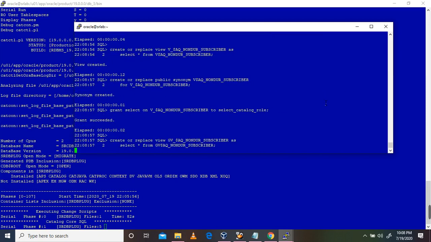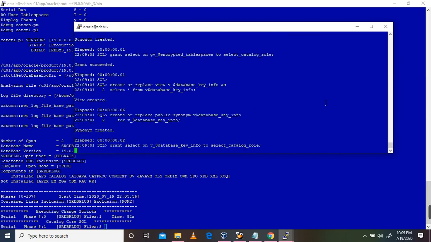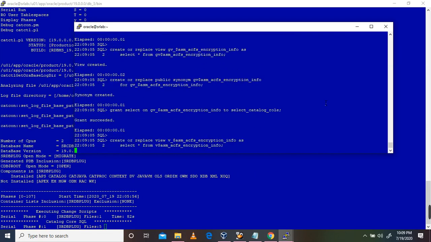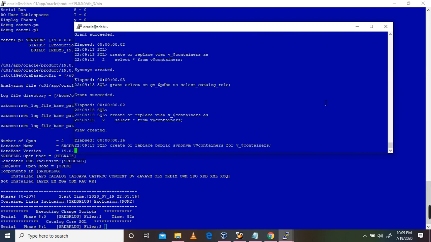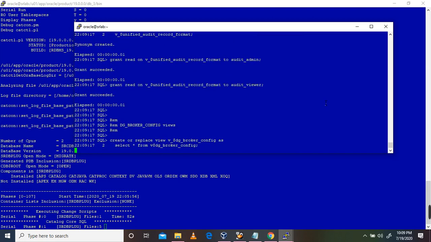So we can put it in mount or open read only mode, and then clone. But this time I did a hot clone. The database is open for applications, so I did the clone. Before that, we need to disable the archive backups if anything is scheduled in the cron jobs.